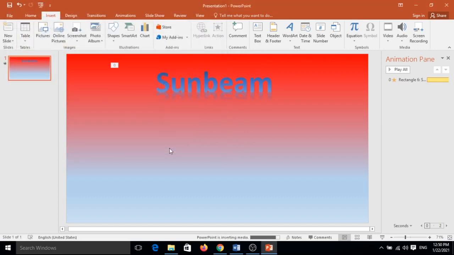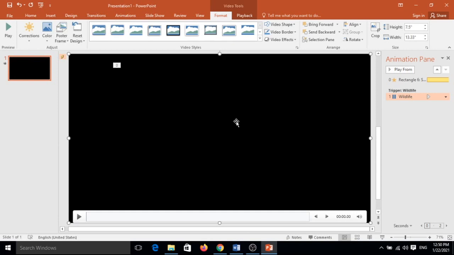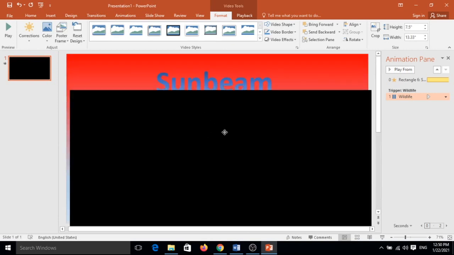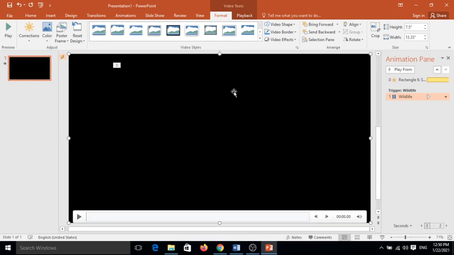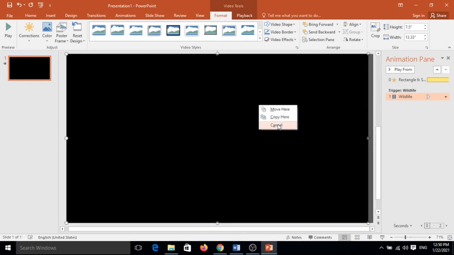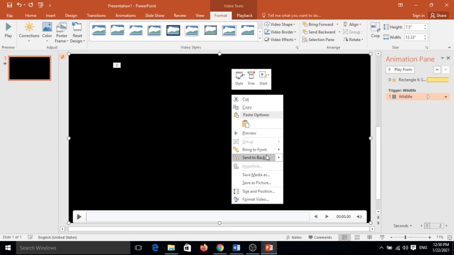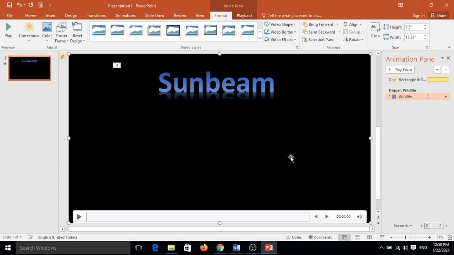It will be inserted, and now at the back side is my text. You can easily send it back. Right click and the option is there, send back one. It depends on you, bring to front or send to back. Yes, now it is at the back. See, then you can play it from here also, but it is for that slide only.